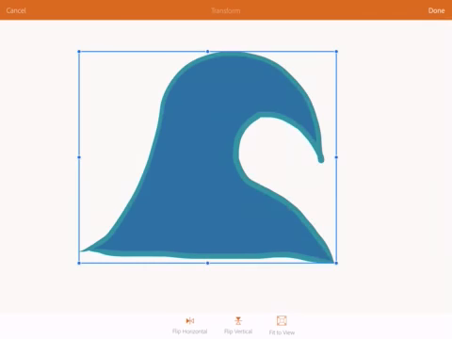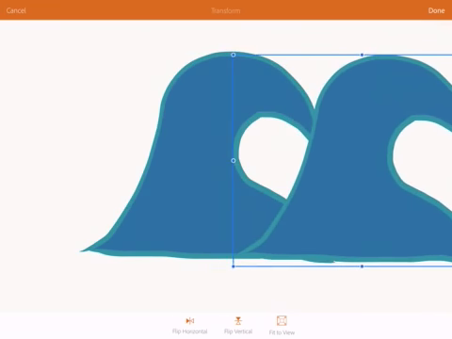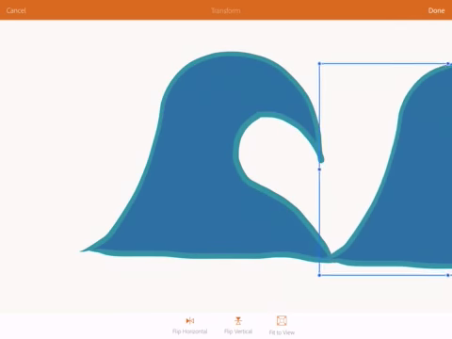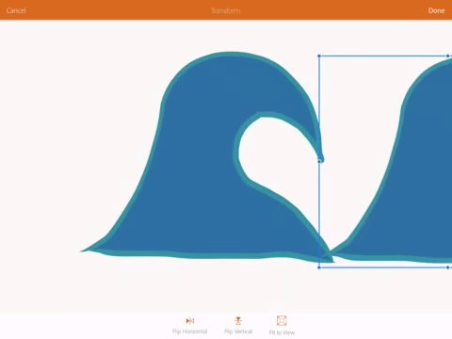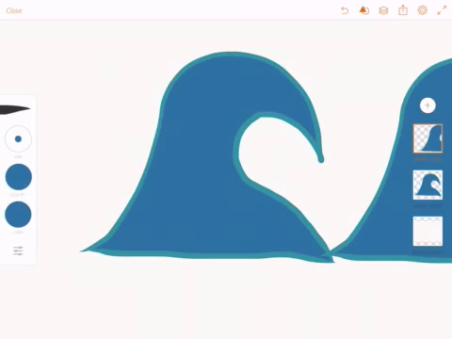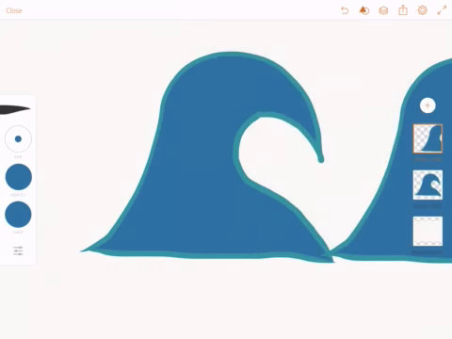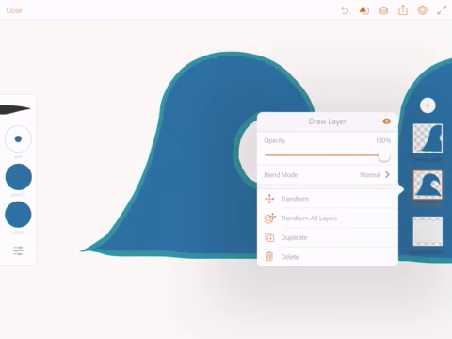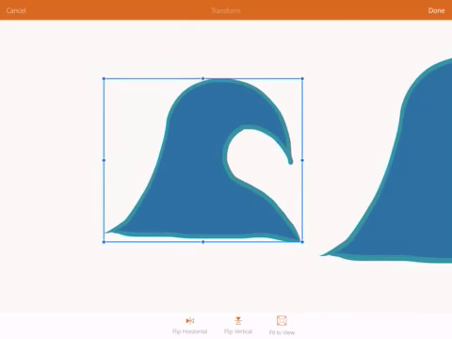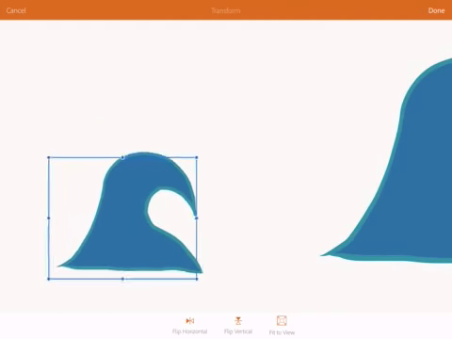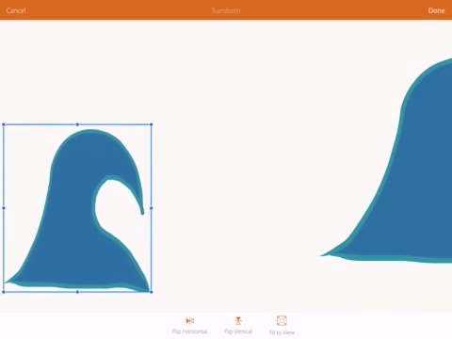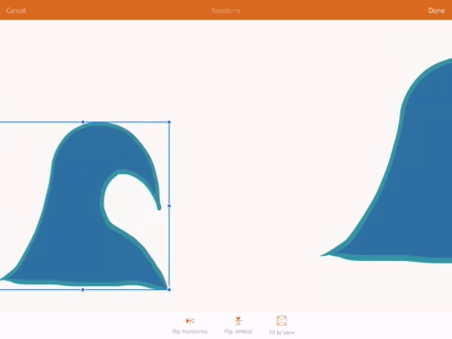So we're going to press transform and we're going to move it, in this case, further away. Don't worry if it's out of the canvas and you can't see it. We're going to actually make it smaller as well. So we're going to go back to the original layer and we're going to make the layer smaller by using two fingers and putting it down. You can also make the wave taller,